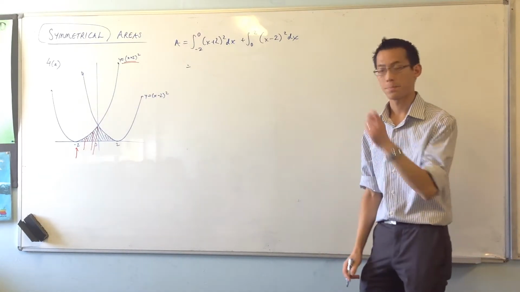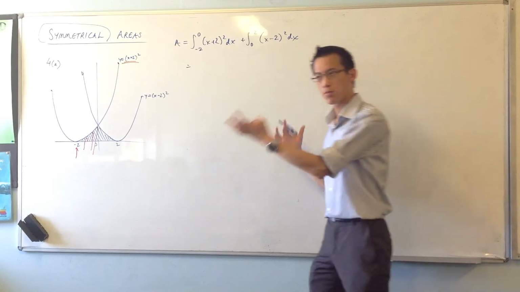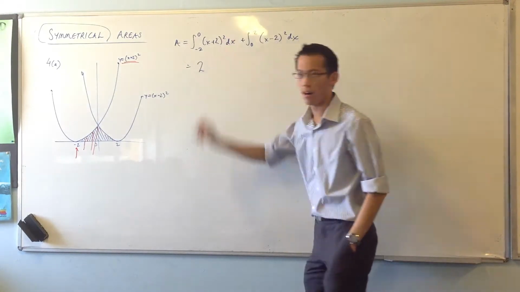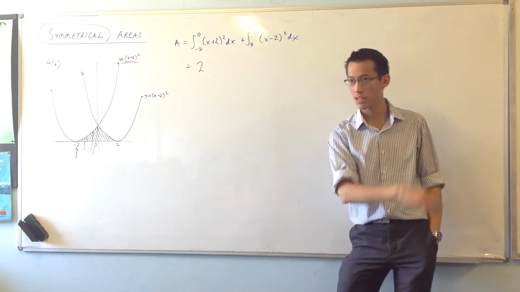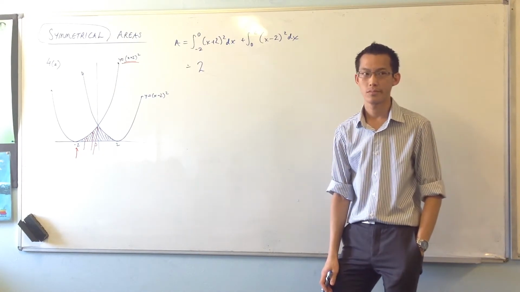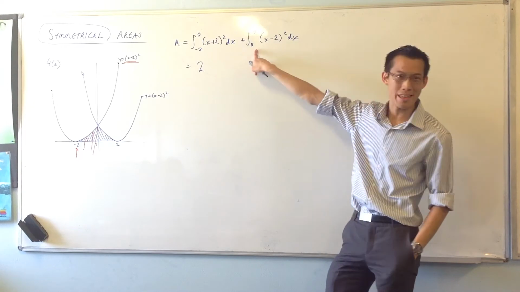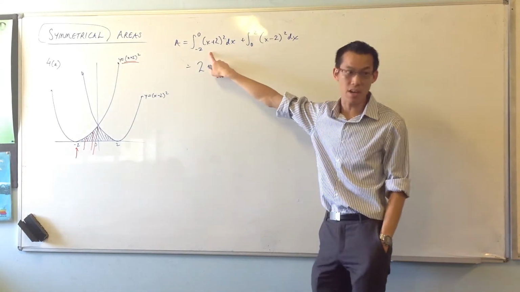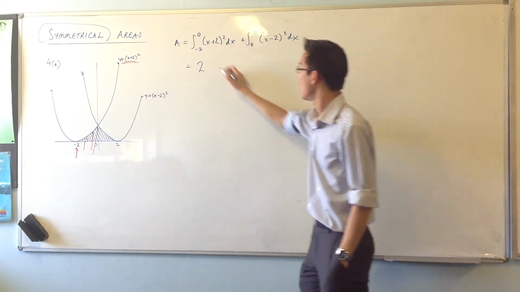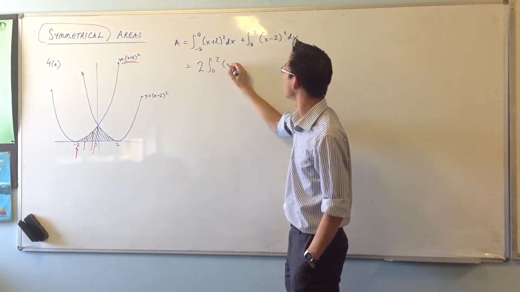So what am I going to do? Well, I'm going to still write down the same thing. It's a double of a particular area, and I can choose either side, right? Which side do you think you would choose? Probably the one without the negatives in it, okay? I mean, mathematically it's going to be the same, but this is just going to have a double negative in it, that's all, okay? So I'm going to double this area here,